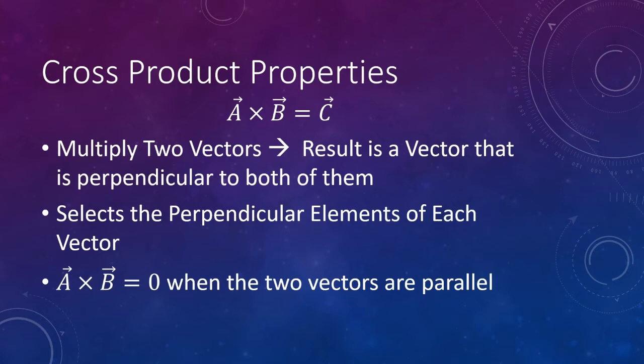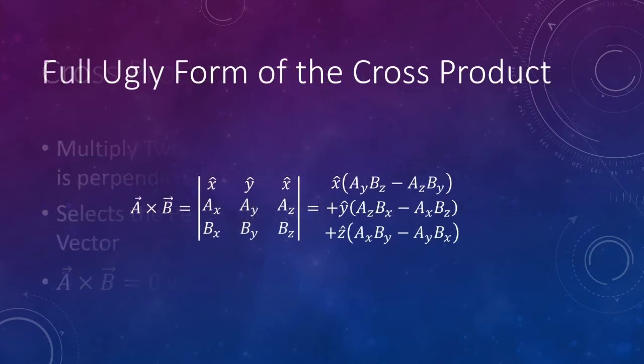Now you may or may not see the full definition of the cross product, but it's a little ugly. If you've done linear algebra, or matrix math, it's a determinant of the following matrix, and you can see that it splits up into x, y, and z components. A useful memory trick to know the order of things is that the positive order is x, y, z, x, y, z, and the negative order is anything that's out of bounds. But you can see in the most general case the cross product is pretty ugly. That being said,